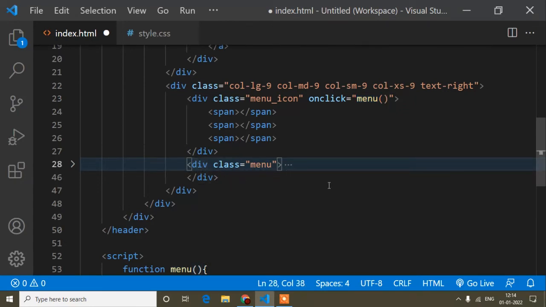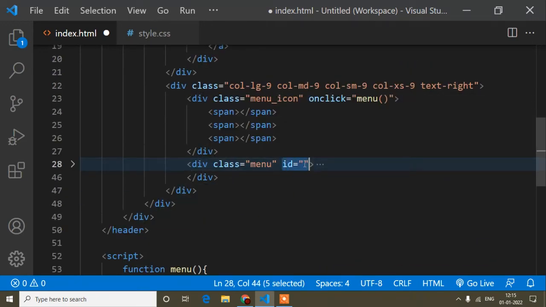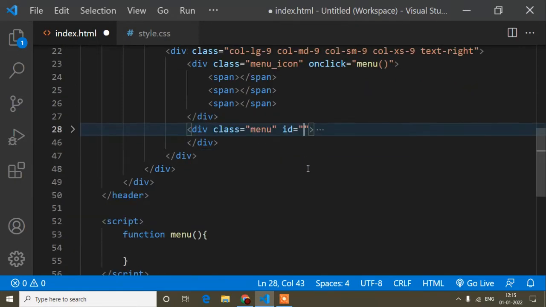So here I will write an id. I'm using id because the header should appear one time in the whole web page, right? So that time I will use id. Here we don't need to write class and a for loop, because just remember, when we write a for loop, our page takes much more time to load.